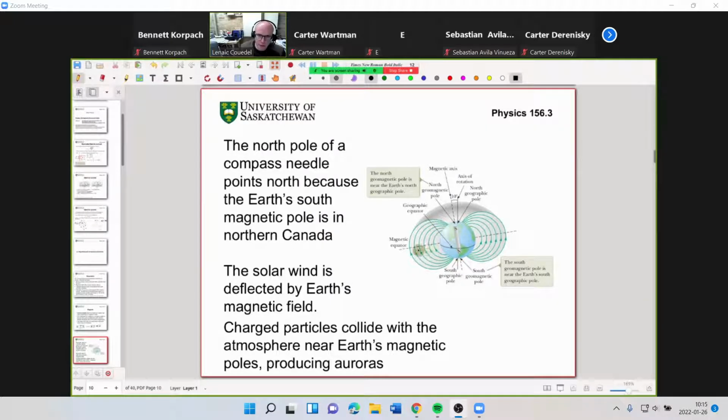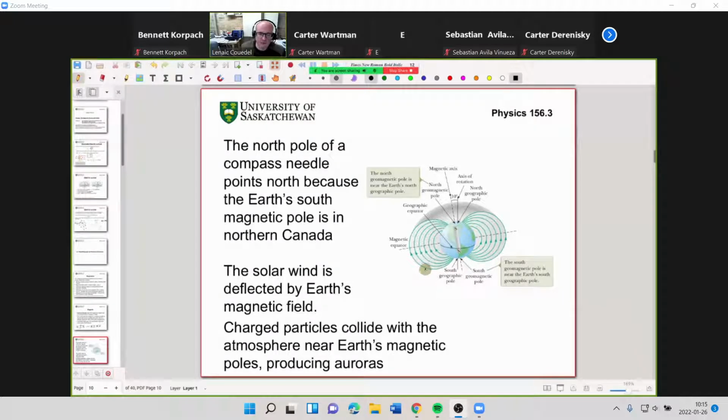Therefore, the north pole of your needle magnet will point north geographically because it's attracted to the south pole of the magnet that is inside the Earth, of Earth's magnetism. And the south pole of the needle magnet is attracted to the north pole of Earth's magnetism. Okay, so those magnetic field lines actually have huge implications because, as we will see, magnetic fields are able to influence the trajectory of charged particles,